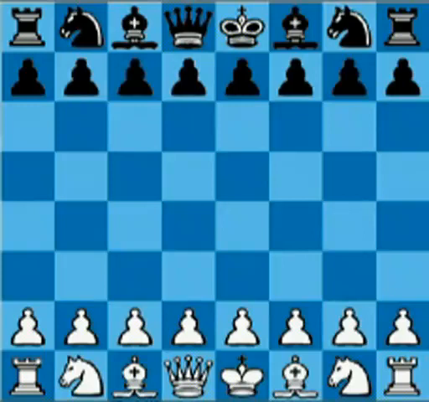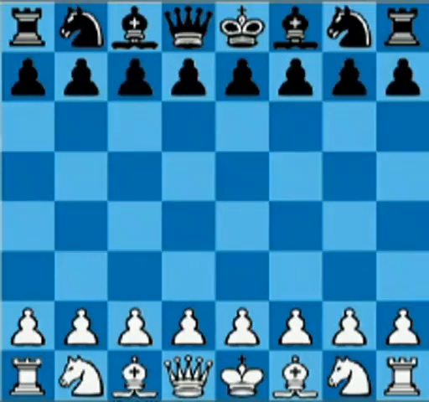So these positional sacrifices, and sacrifice for initiative in this case, for quick coordination of the pieces that will help us to build an attack. So I want to provide one game that I played in the Heraldica International Tournament in